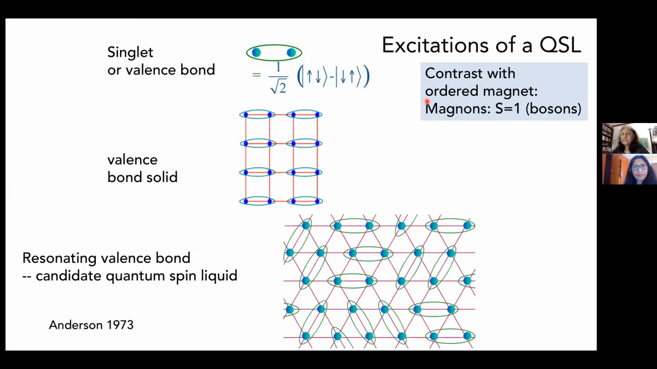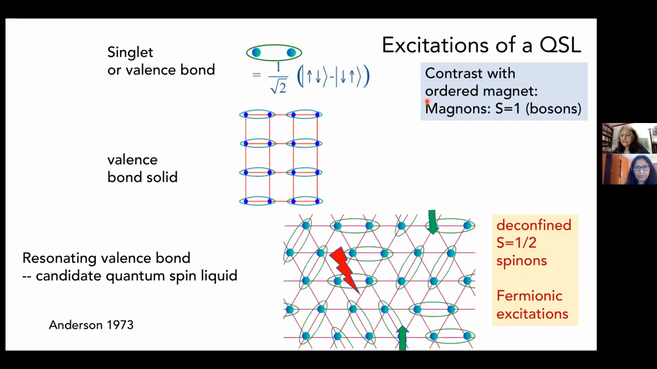Here, if you have a spin half magnet and you flip the spin, you create a spin 1 excitation. And these are bosonic magnon excitations that have well-defined energy and momentum. On the other hand, in this kind of a spin liquid, the excitations are formed by breaking one of these singlet bonds, and it produces these two up and down spins, which then can get deconfined. And in that case, such a state with deconfined spin half spinons has a very different character with fermionic excitations